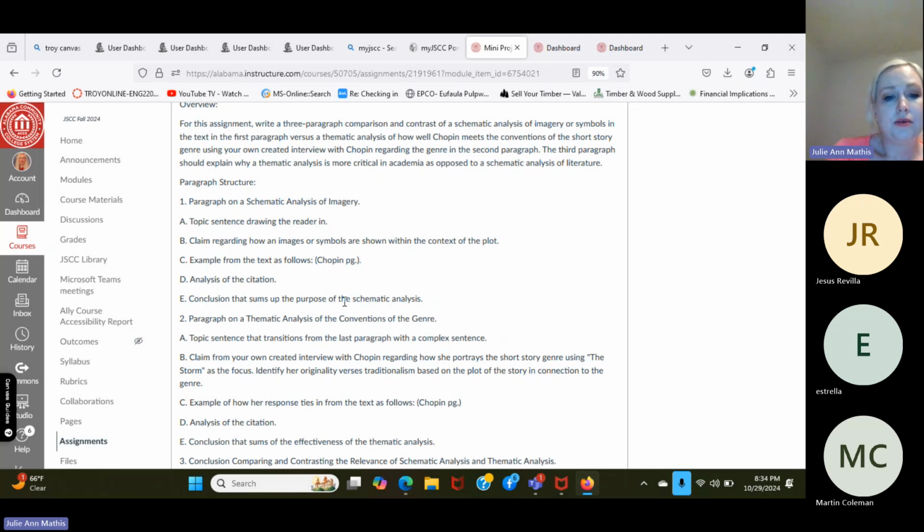And then you'll want a second paragraph that talks about thematic analysis of the conventions of the genre. And here you'll have a topic sentence that transitions from the last paragraph with a complex sentence, a claim from your own created interview with Chopin regarding how she portrays the short story genre, using the storm as the focus. So basically, all you're doing is saying that